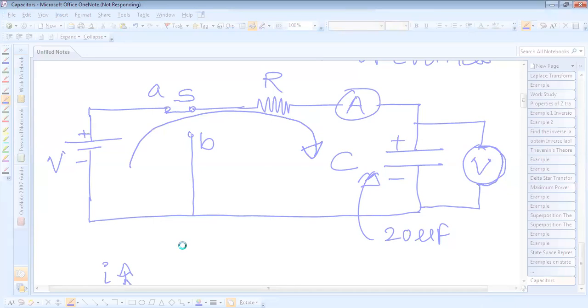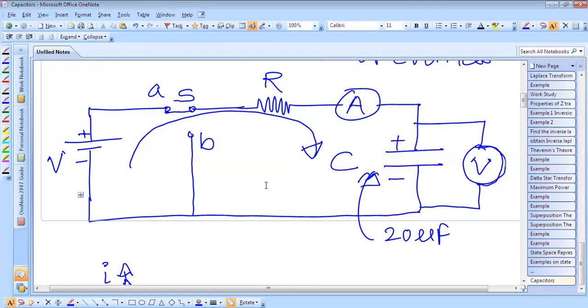Now suppose the capacitor is fully charged, and now we have to discharge it. The two-way switch, which was initially connected to A for flowing the current in the circuit, we can now switch to this B position. When you connect to this B position, what will happen? Initially the capacitor was fully charged.